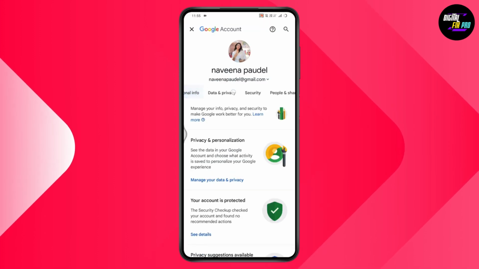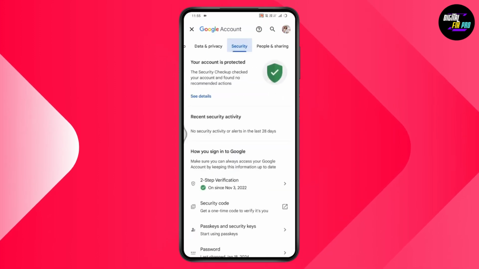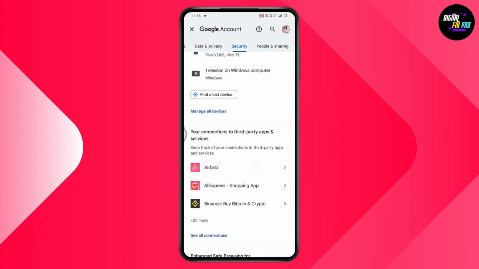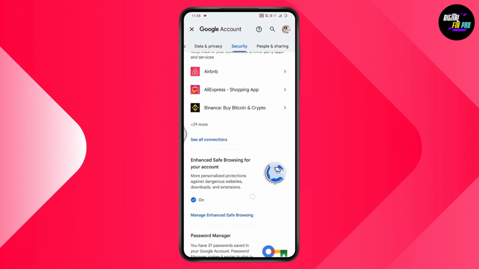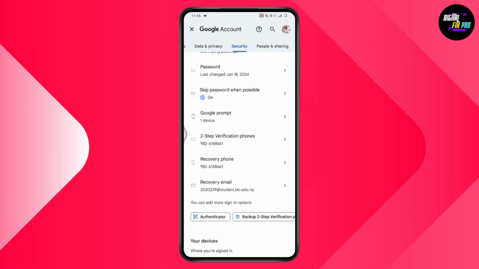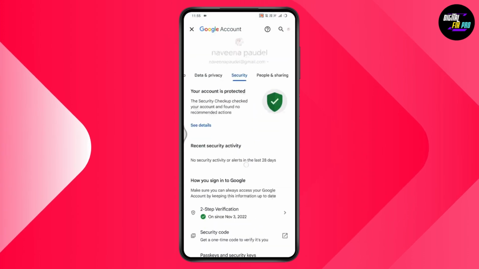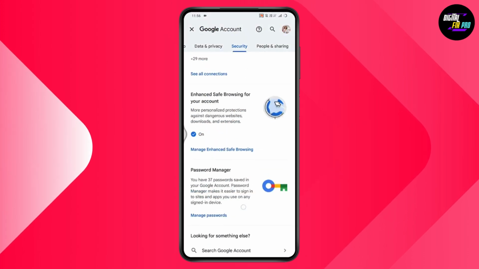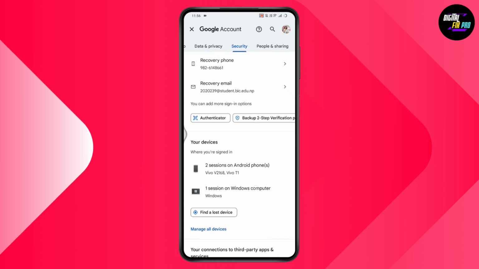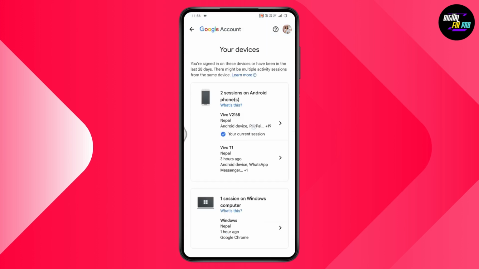Now you need to swipe and you need to go with the security section. Under security, scroll all the way down and you may have logged accounts, but if you don't find it under your security, then you can just simply swipe up and here you will have the option of the devices where you're logged in. So tap on manage all devices and here select the device that you would like to log